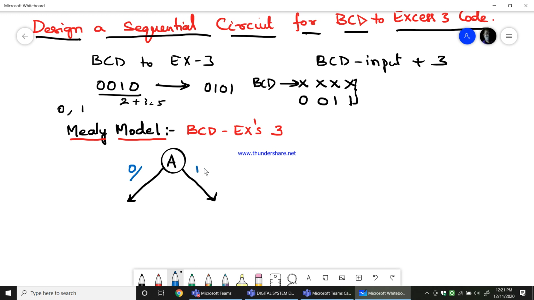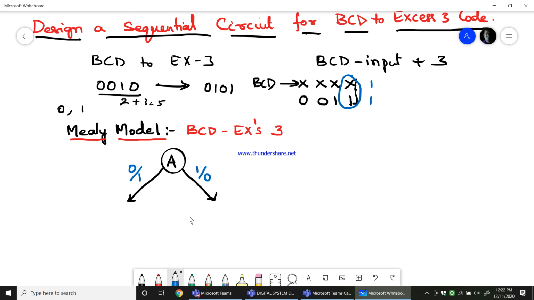If input is 1, what would be the output? If x is 0 added with 1, the output will be 1. I am worried about these 2 bits. If input is 0 and that 0 is added with 1, the output will be 1. If input is 1 and added with 1, the output will be 0,